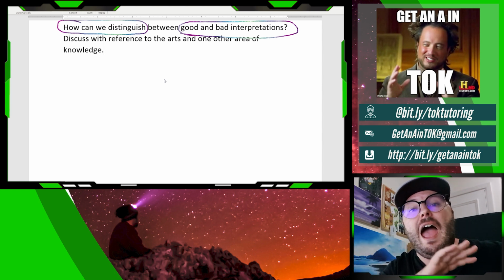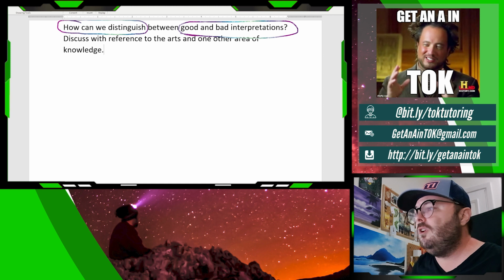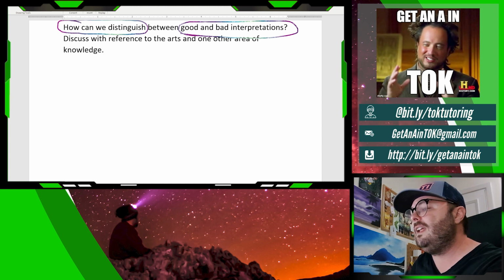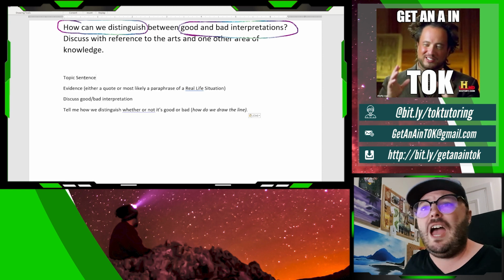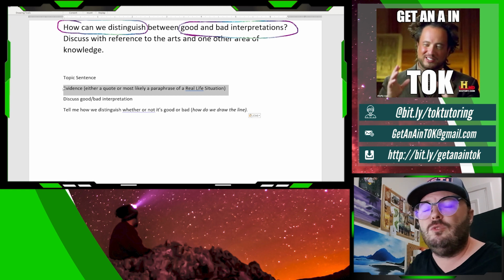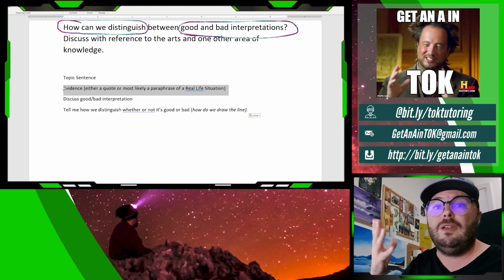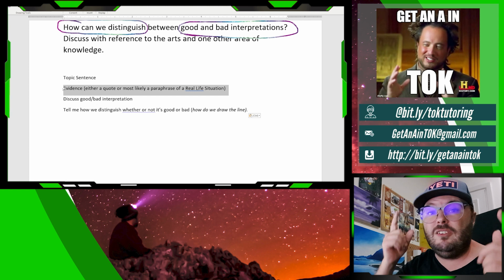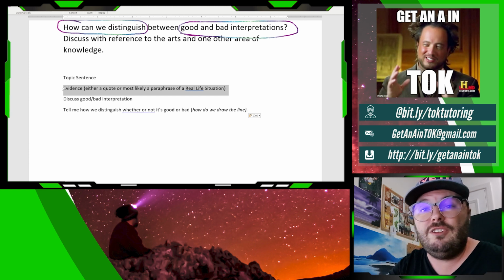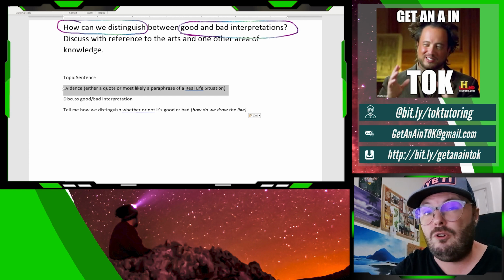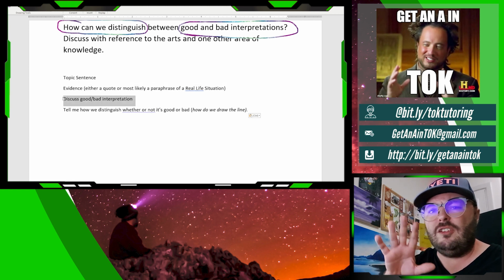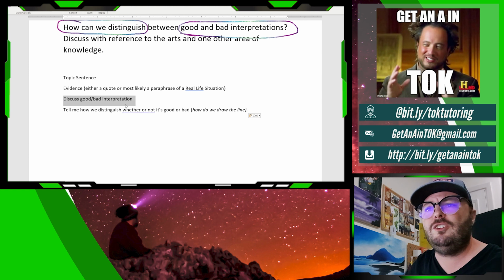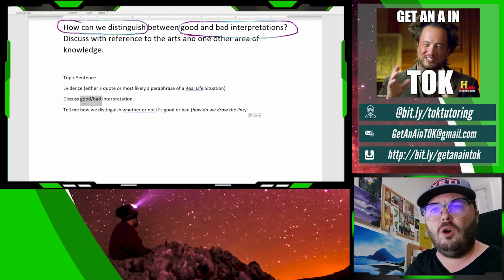I'm going to be making an organization breakdown in a couple weeks, hopefully sooner than that. But no matter how you organize your essay, what I really want to encourage you to do is organize each paragraph in this way. You're going to have a topic sentence, because if you don't, you didn't graduate 8th grade. Then you're going to have your evidence, which is either going to be a quote, describing a piece of art, or describing a scientific study, because I do suggest doing either the natural sciences or the human sciences with this prompt, and I'll explain why in a minute. And then you will discuss, and I know I said don't do it, but just don't go overboard. Discuss the interpretation. Was it good or was it bad?